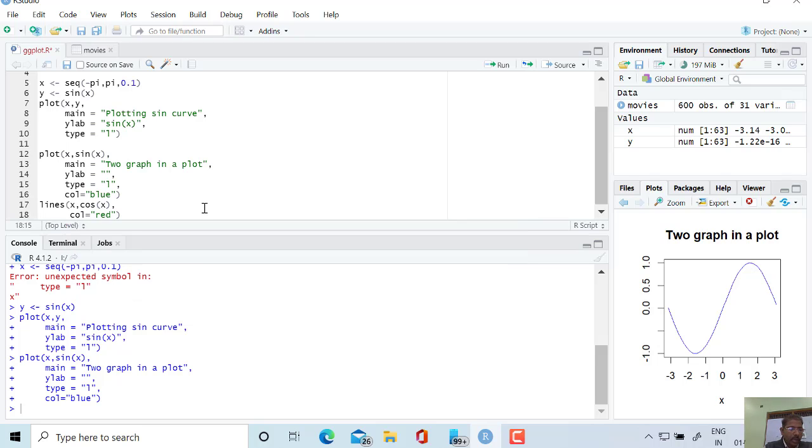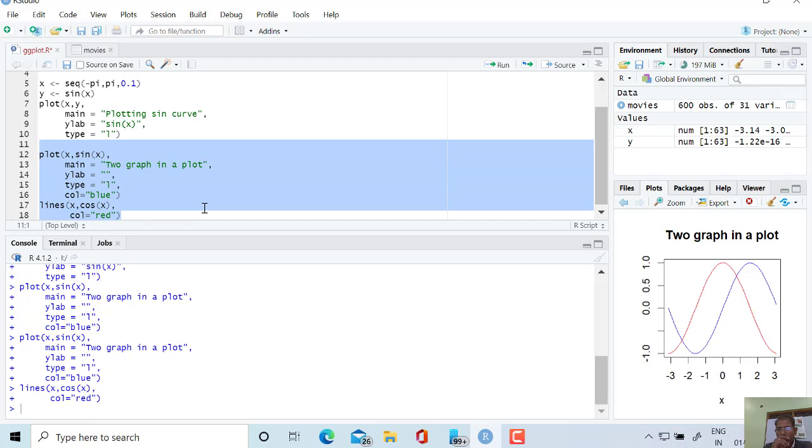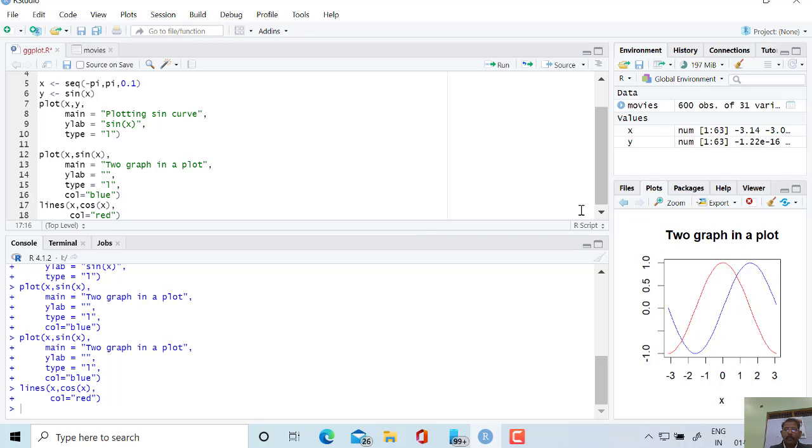Now let us execute the whole code and see what happens. We can see that the red plot has been plotted for the cos, and the blue plot for the sine, and in this way we have successfully plotted two graphs in a single plot. It looks very interactive and good.